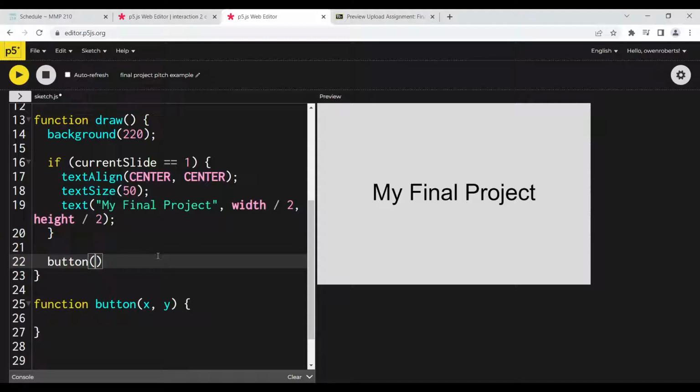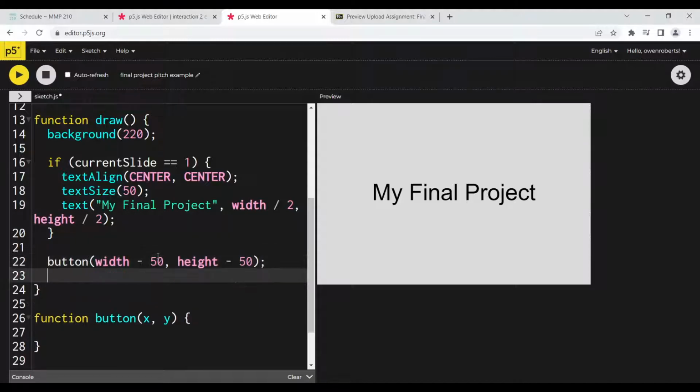And let's put this one in the bottom right corner. So we'll say width minus 50, height minus 50, something like that. And then we'll put another button that's width minus 50, height minus 25. And so what I'm doing with this math here, maybe